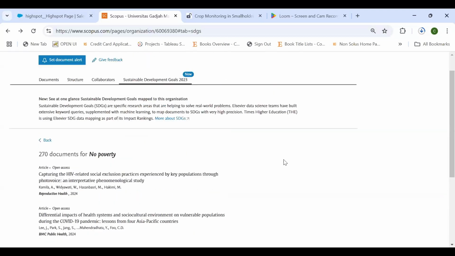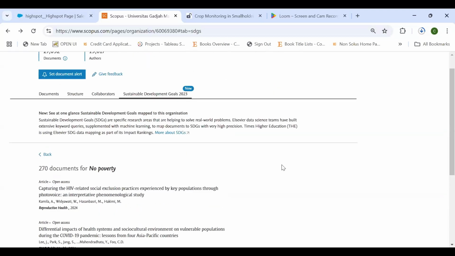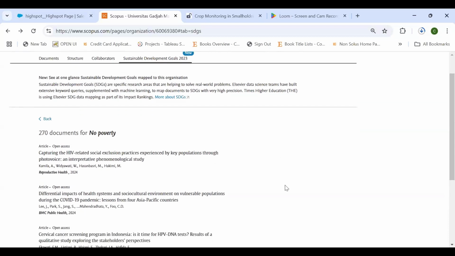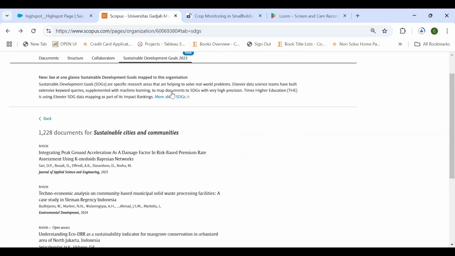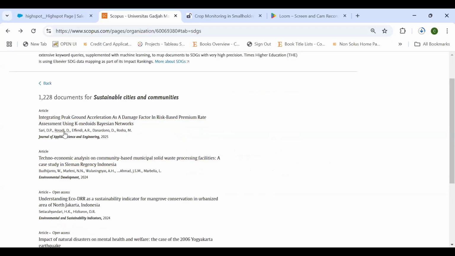And again, what this is helpful for is, for example, your institution needs you to come up with more research output on a particular SDG, let's say SDG 11, and you'd want to see what are the journals categorized under SDG 11, then you could just click on the SDG contribution within a particular organization, and you could actually submit your paper from there.